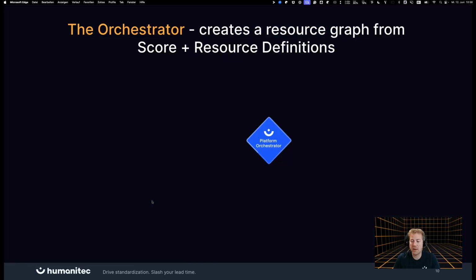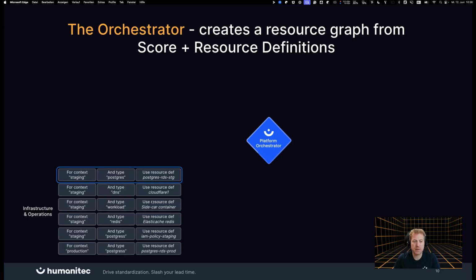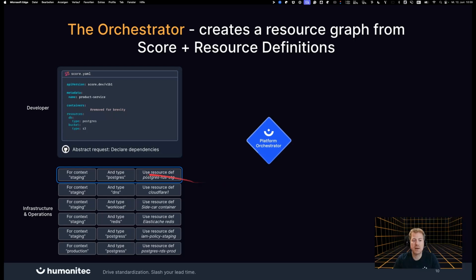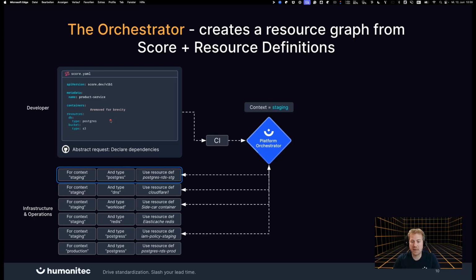So the platform orchestrator is sitting there waiting to create a resource graph. We have a set of resource definitions that the platform engineering team has supplied before. So we're looking at a lot of things for staging and one for production. Postgres is highlighted in blue. And the reason for that is the developer comes around with an abstract request which contains a Postgres database. And now this is passed on via CI to the